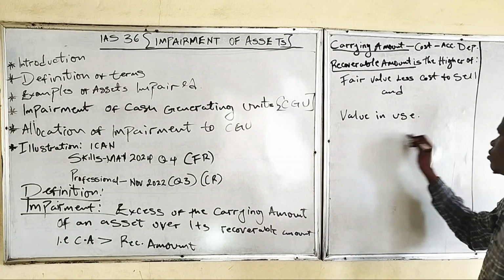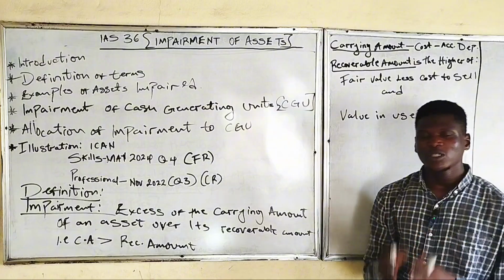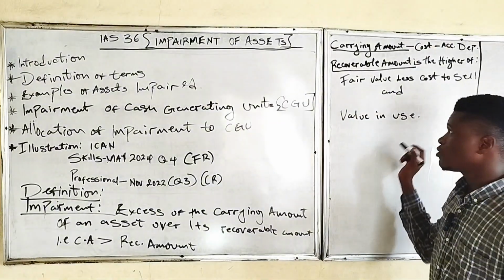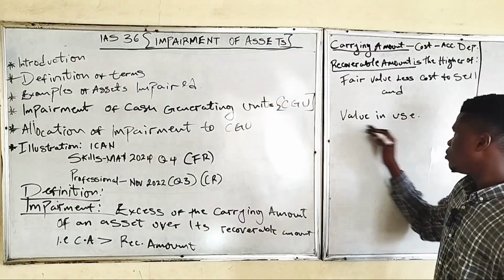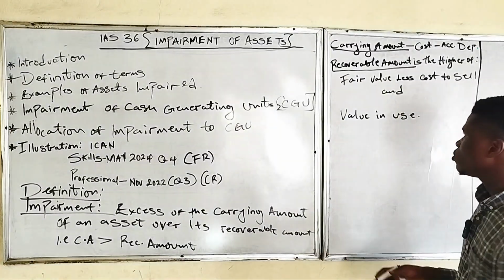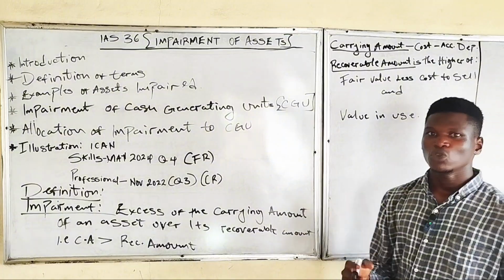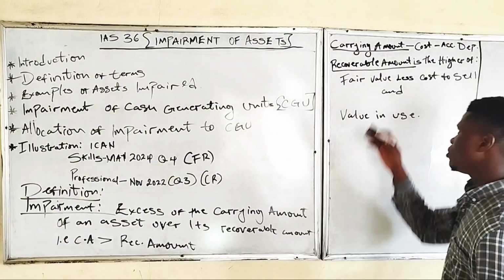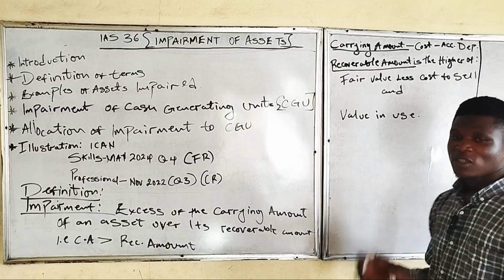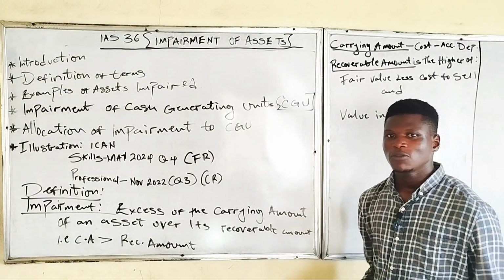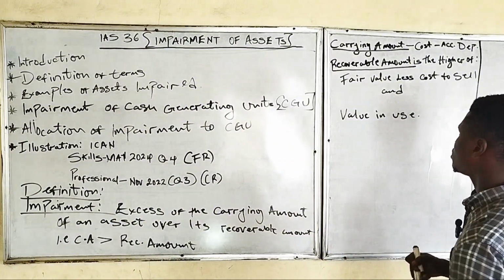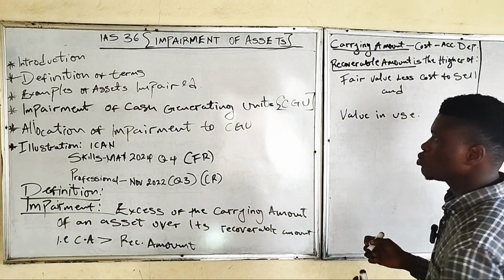Then value in use. Value in use is the present value of the future cash flows that can be generated from the use of this asset. So value in use is the future cash flow or the present value of the cash flow generated from the use of an asset. So when we said fair value is the amount that we receive to sell an asset, value in use is the present value of the future cash flow generated from the use of an asset. So that's for that. Then we move straight into